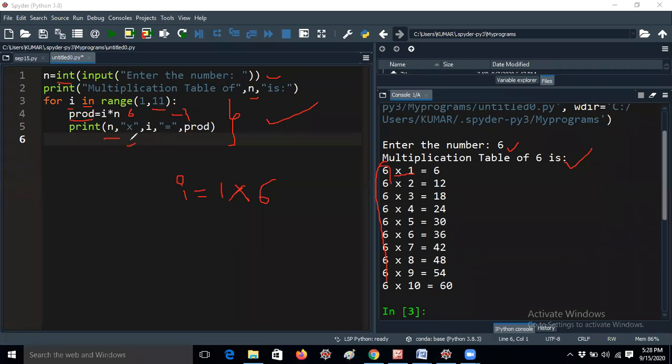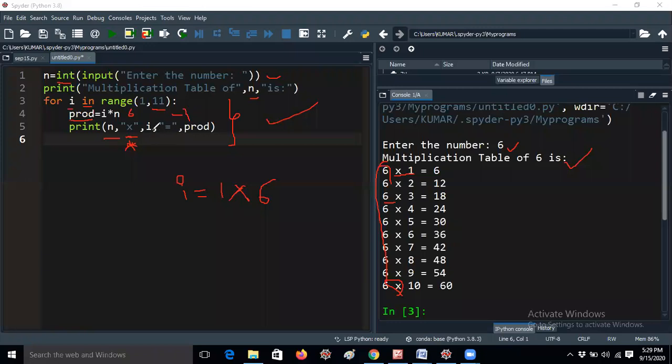Some students submitted a star symbol only. If you would like to print in the output screen, you can put X. That's not an issue, because it does not perform any operation. It's just X only. So I print 6 comma. Whenever I give a comma in a print statement, it will give one space automatically. X means into only. So 6 into, okay, 6 into comma I.